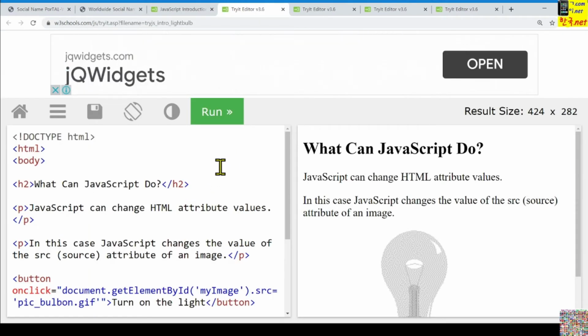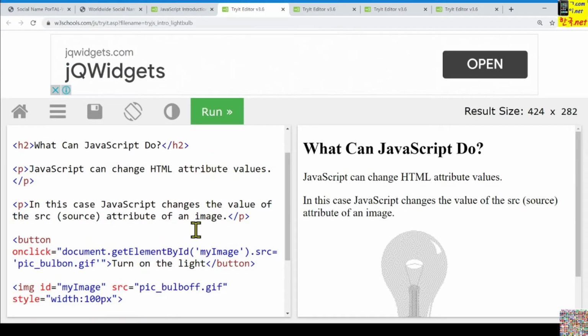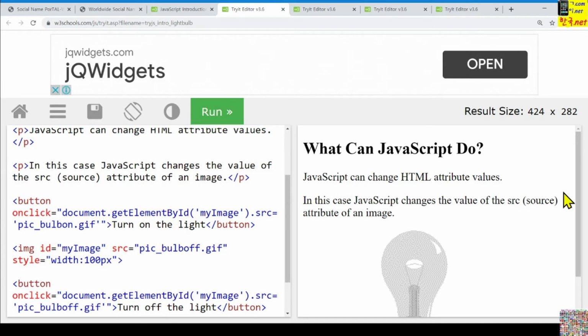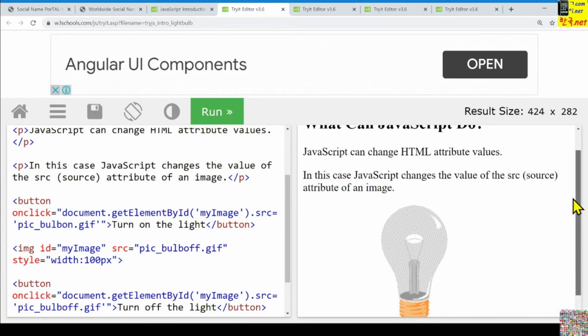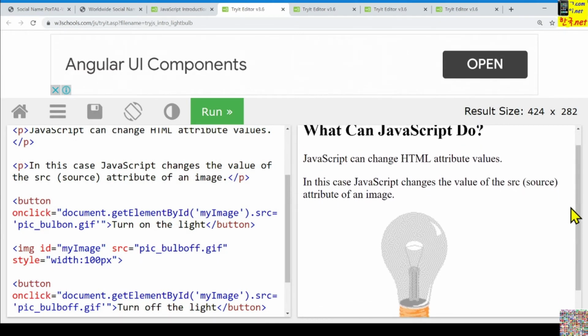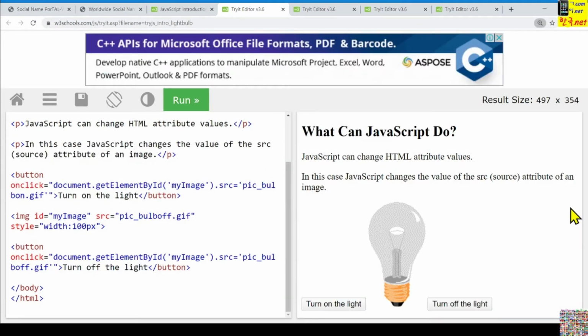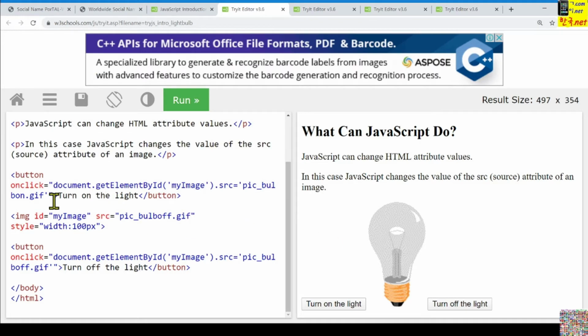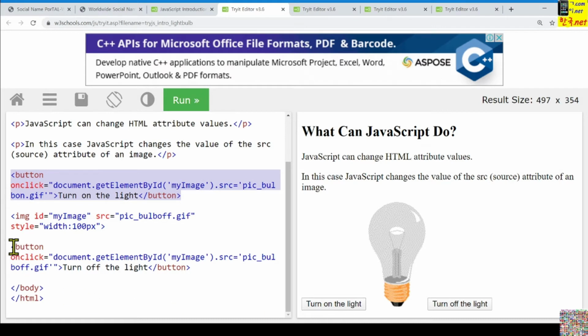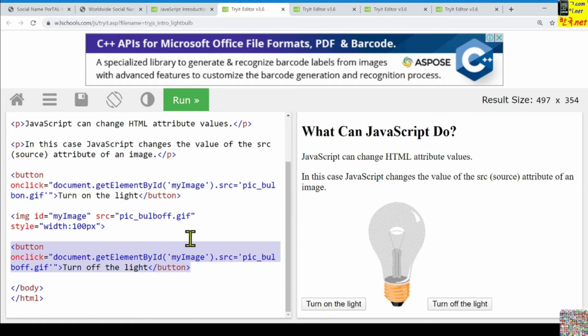Okay, how to implement? I'll try to reduce the size to see all of them. Here I am clicking this one, turn on the light. We are using two buttons here, one left side button and the right side button.